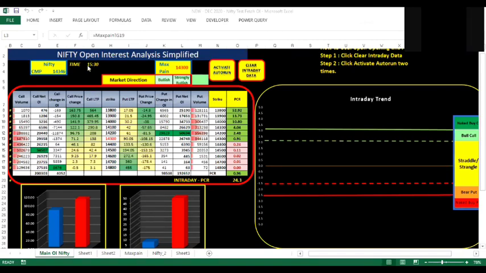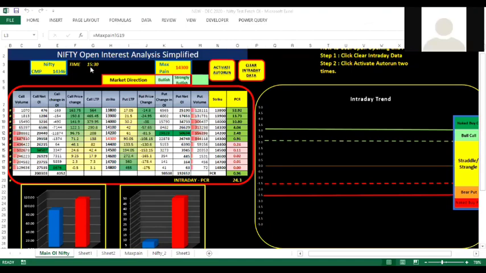Okay. Also please take note of the fact that this data is 2 to 3 minutes delayed, because the NSE website itself is 2 minutes delayed. It is not capturing the live data. And also, if you have mentioned a time interval of 5 minutes or 10 minutes, that lag could also be there. So whenever you are deciding to do a strategy, please ensure that you are close to the market time.